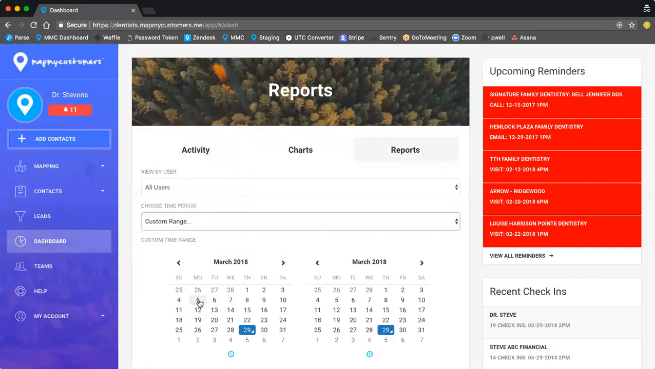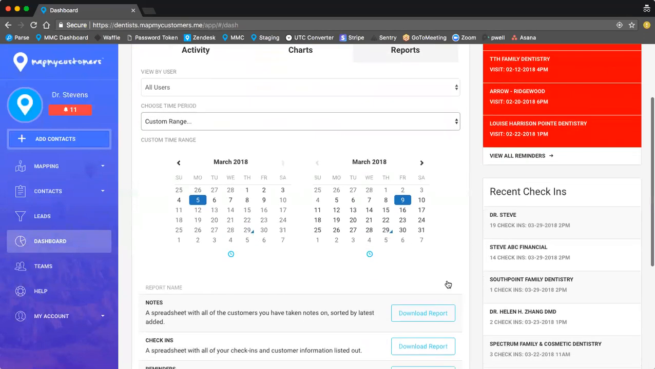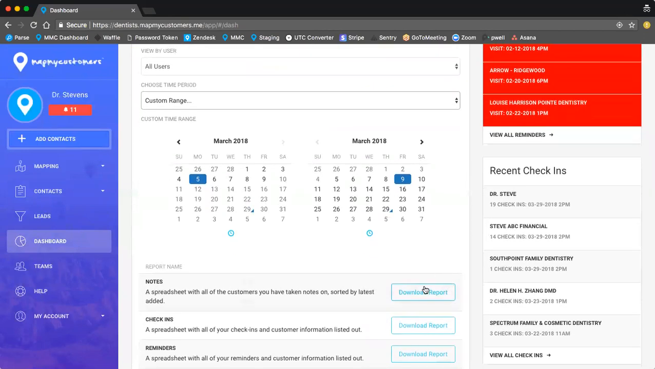And let's say I wanted to look at the notes I created between March 5th and March 9th. So you'll set your starting date here and your ending date there. You'll scroll down and then just select the report that you want. So if you want to get a report just for the notes, just for the check-ins, or just the reminders, you'll just hit the download report, and the report will populate just the customers that you've created notes for, check-ins